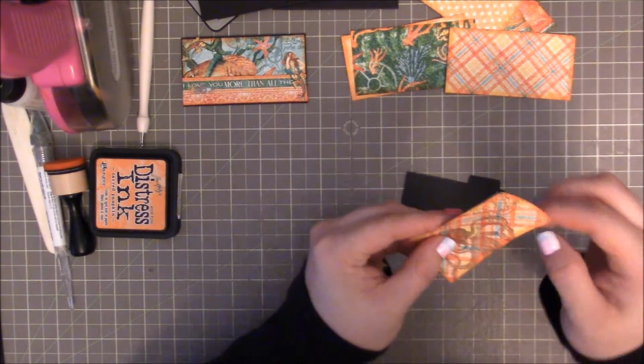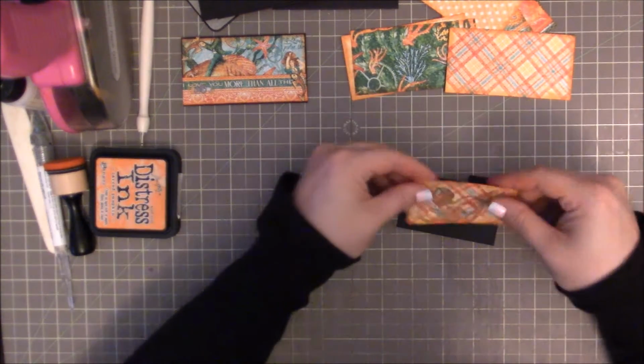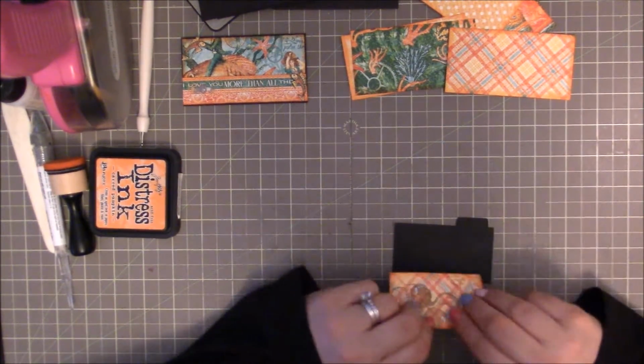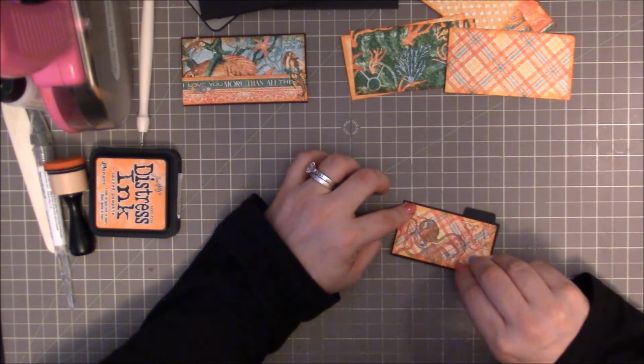And this piece goes on the front. And goes